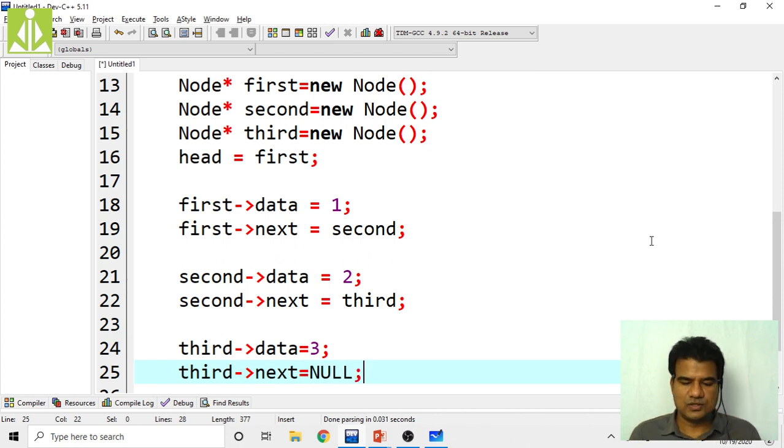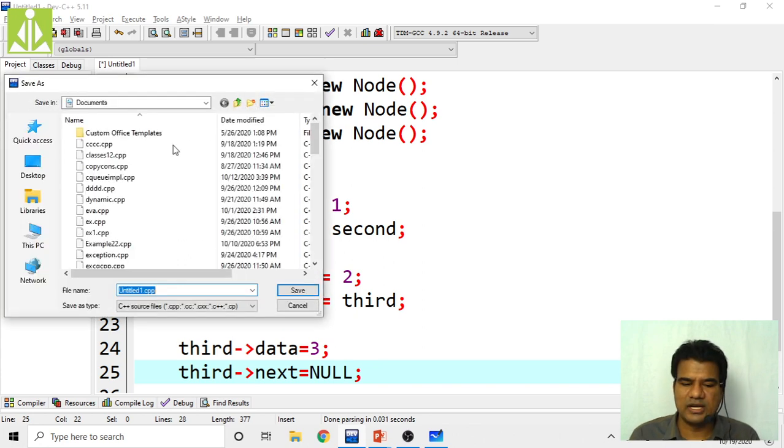That's it. This entire thing we have done, and you won't get any output for this program unless you print. Because, as I said, random access using the head variable is not possible, we have to start from the head pointer and move towards the end. That we are going to discuss very soon. For now I will execute this program and show you that it executes successfully and we do not get any output.